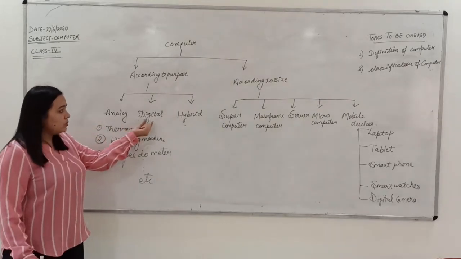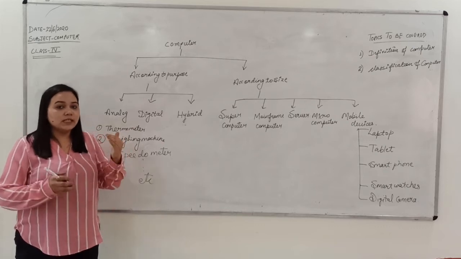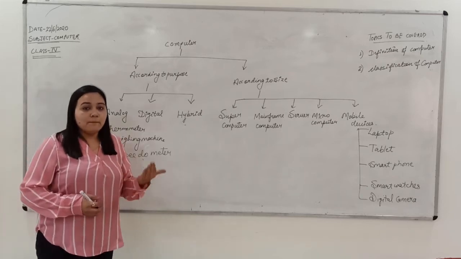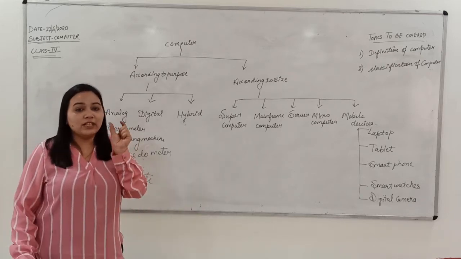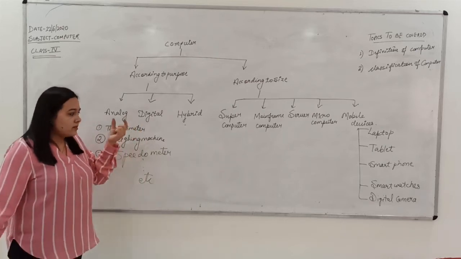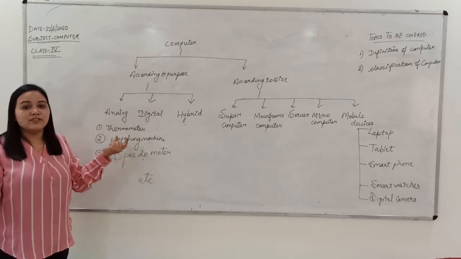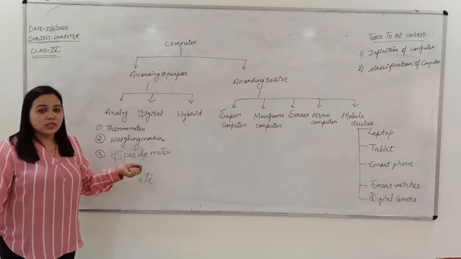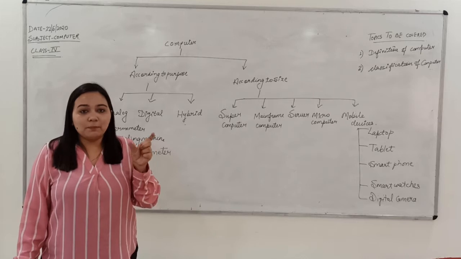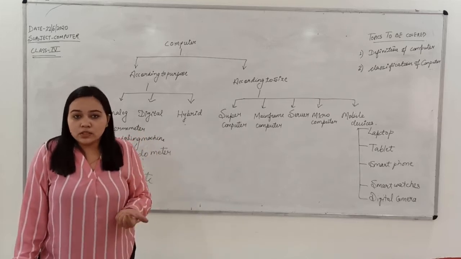Okay. The second one is the digital computers. So what are the digital computers? Digital is the improvised version of analog. Analog means you have to analyze, but in digital you don't have to analyze, it will directly show you the result. For example, there is a thermometer which is analog, but these days the digital thermometer is very famous. You just need to use the thermometer and it will automatically start beeping once your temperature has been recorded. Right? Which is very common these days.